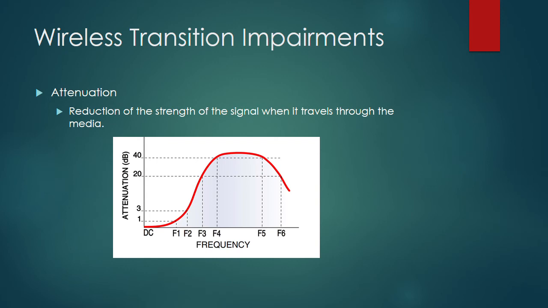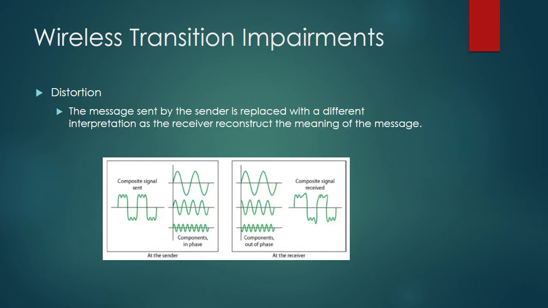Water, not only water, it's a vapor and dust too. So in fiber optics, this happens due to scattering, absorption, and bending. So it is the reduction of strength. So in distortion, the message sent by the sender is replaced with a different interpretation as a receiver reconstructs the